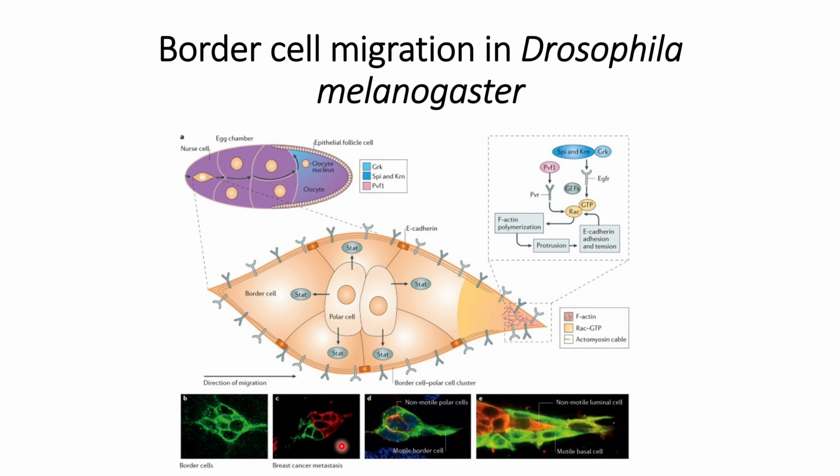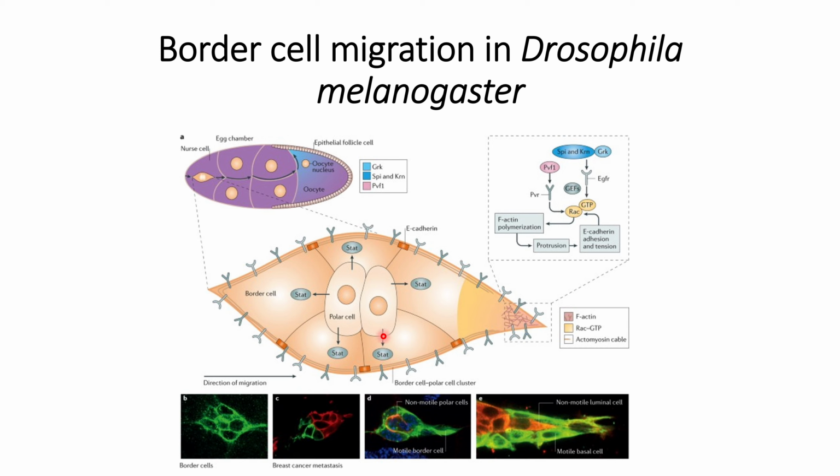We can clearly see that the breast cancer motile cells are migrating towards these non-motile cells. Non-motile cells are labeled here with red color. And in the zoomed-in view, we can see that in the case of breast cancer, there are two polar cells that can be seen here. So this panel C indicates the motility of the border cells or breast cancer metastasis,